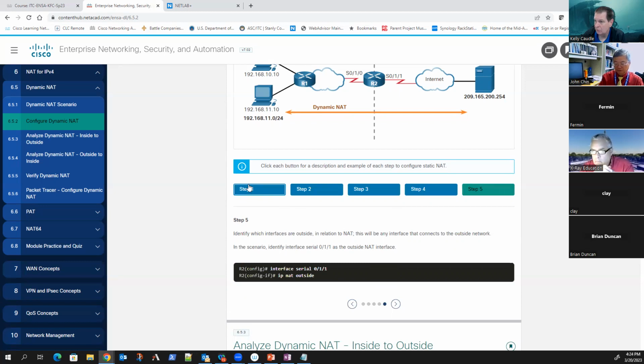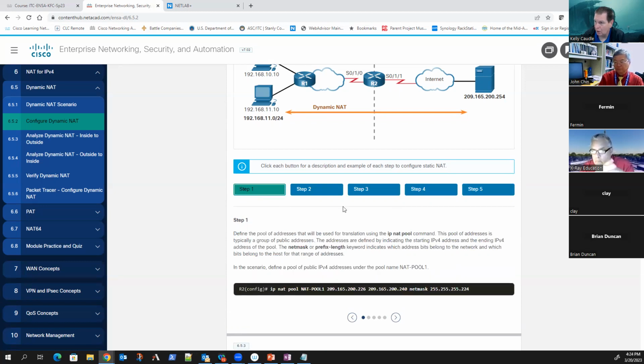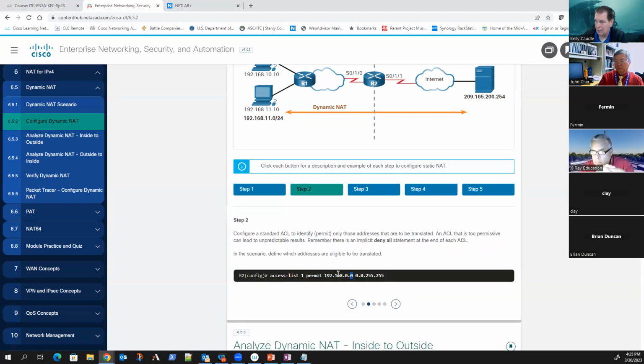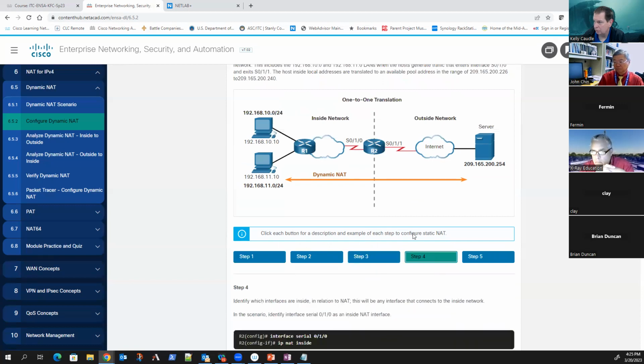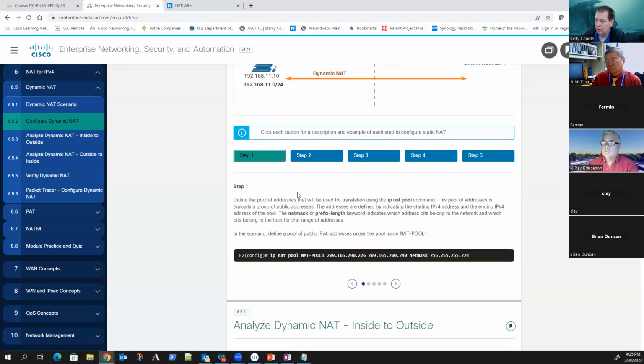So this setup would have created a pool that anything that matches this coming in S010 would get NATed going out S010 or S011. A one-to-one translation. Now again, what they don't teach you in this is typically it will do a one-to-one translation